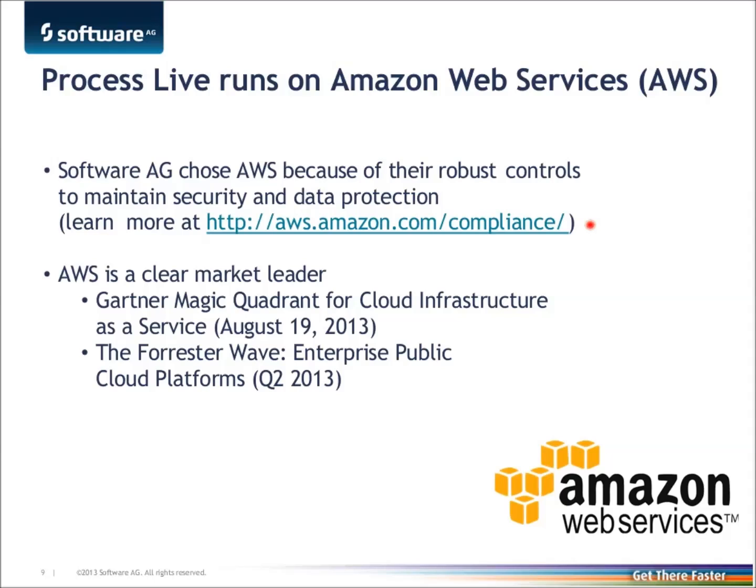Obviously, we also had a look at the Gartner Magic Quadrant and the Forrester Wave for cloud infrastructure, or as Forrester calls it, the enterprise public cloud platforms. And Amazon is by far the market leader, which also influenced our decision to run Process Live on Amazon Web